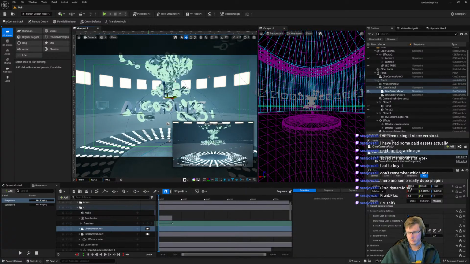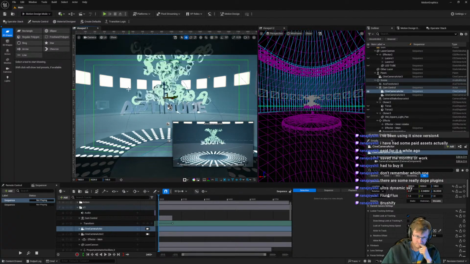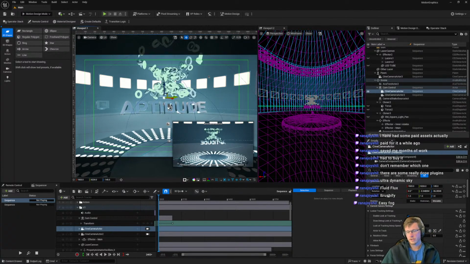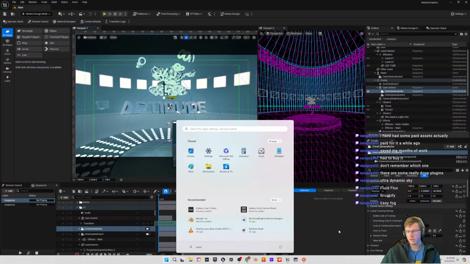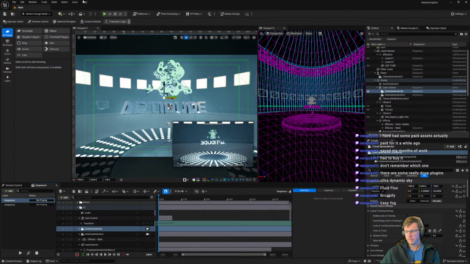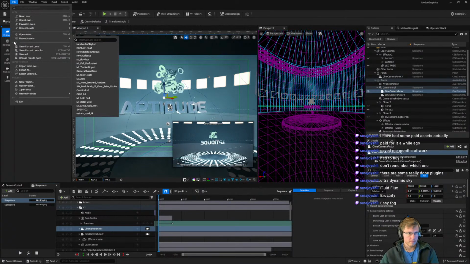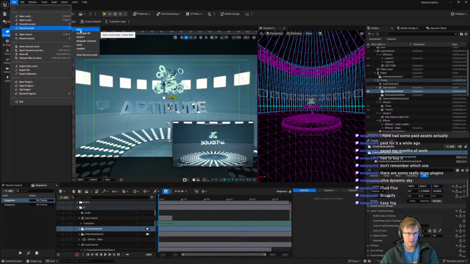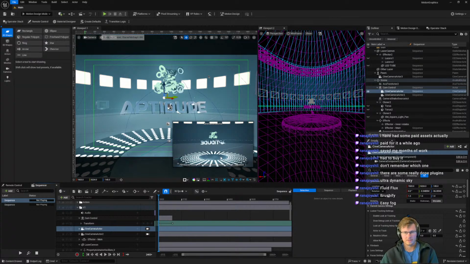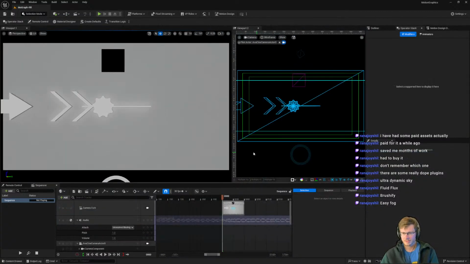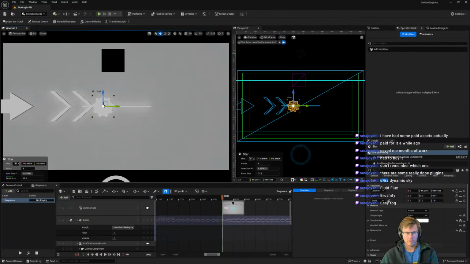Fluid Flux, Brushify. Every single month, even though I haven't been in Unreal Engine for some time, I've made a point to log on to just get the free for the month assets. Because that's just how I roll.